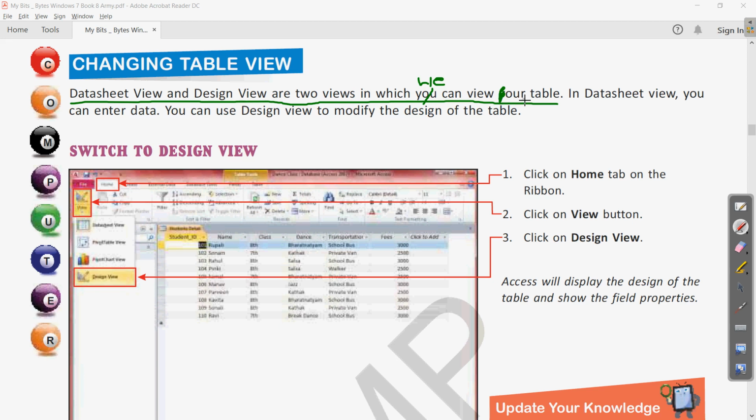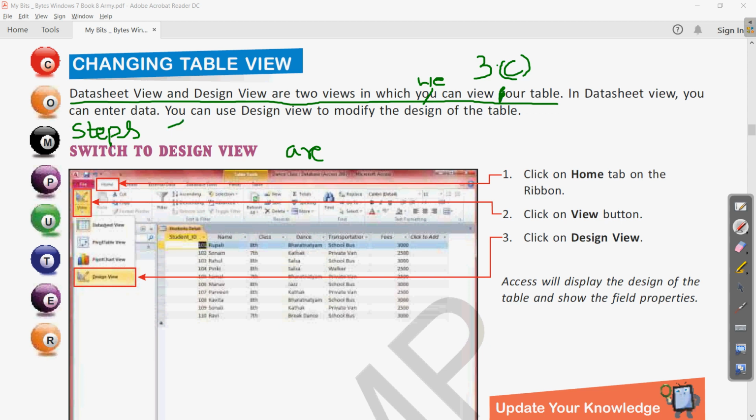Clear? This is the third C, and in the third C also there are two parts. This is the first part, and the second part is, what are the steps to switch to design view. You will start the answer from here, or you can take the sentence from the book itself: the steps required to switch to design view are. Clear? So from here the answer starts: steps to switch to design view. I hope you can write from your own also or from the book itself; you can start the sentence from the book also.